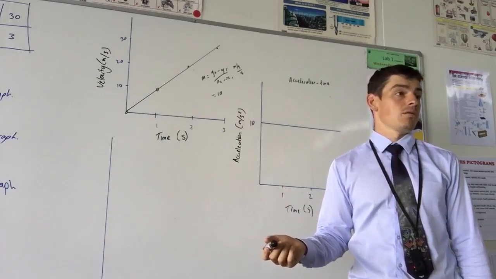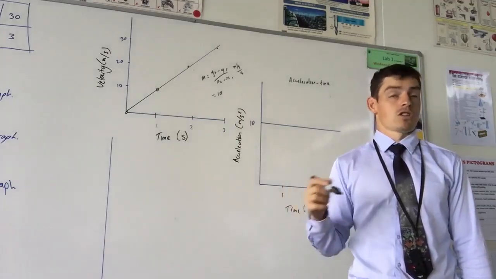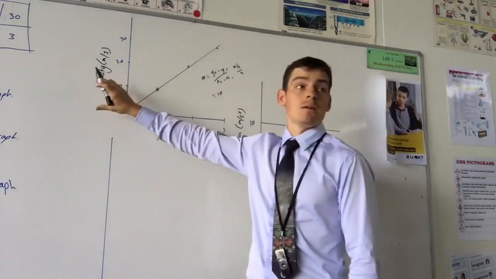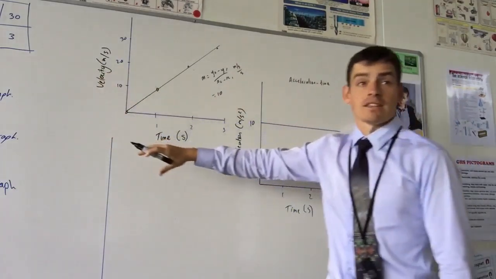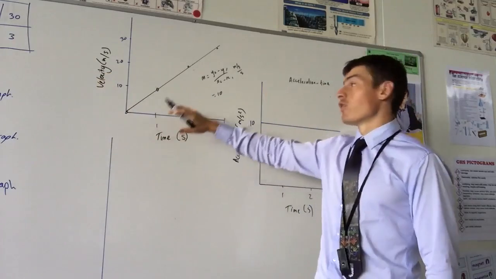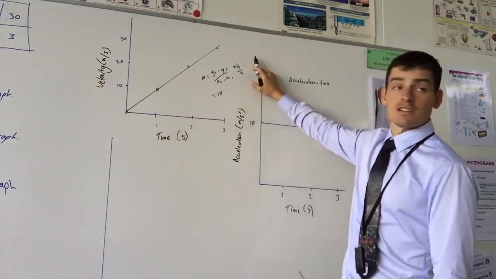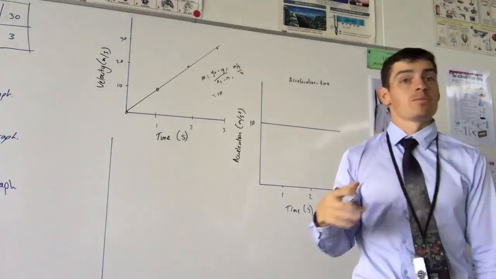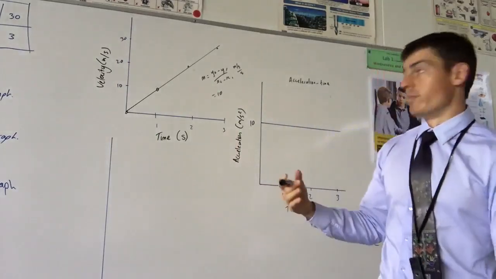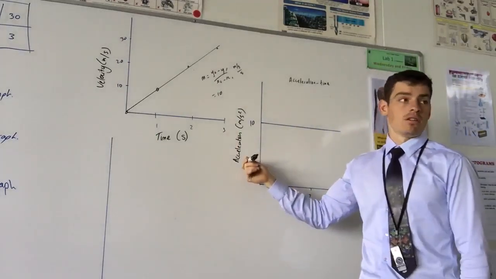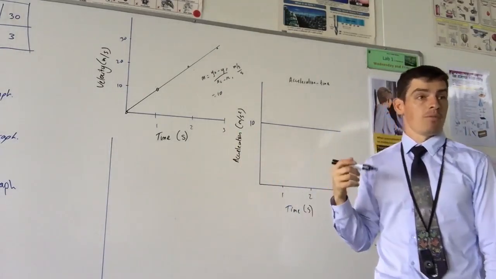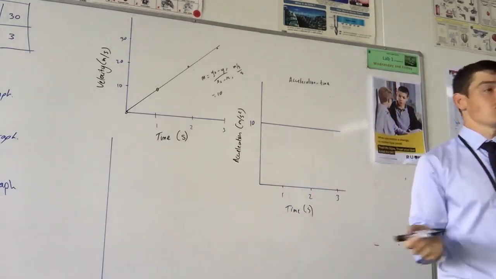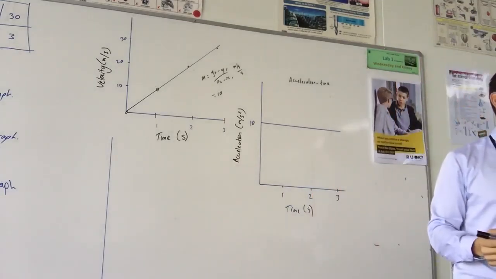Happy with that? Yeah. So I'll just go through that again. My gradient, my y-axis is meters per second. My x-axis is seconds. I've got y over x, which means I've got meters per second divided by seconds, which can be written as meters per second squared. Keep your eyes on the units. It's a massive hint. If you know the unit for acceleration, you already know the equation. Displacement